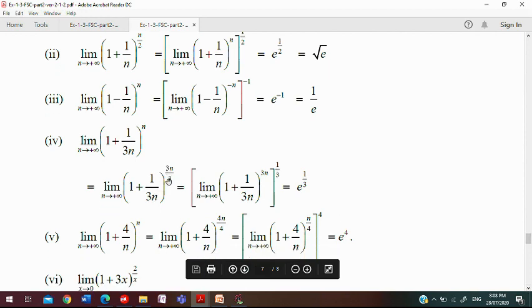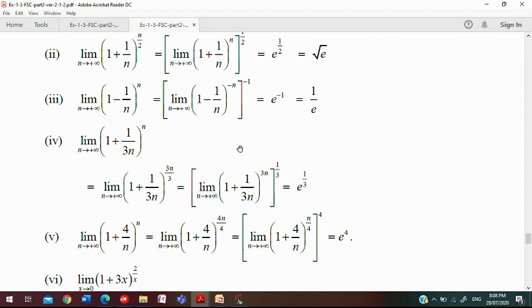So limit n approaches infinity, 1 plus 1 divided by 3n is what we need for our theorem statement, and 1 by 3 is our extra term. So we move this 1 by 3 outside of this factor. Again this whole part is equal to e, and the power is 1 by 3. So this is the solution. This is the fourth part.